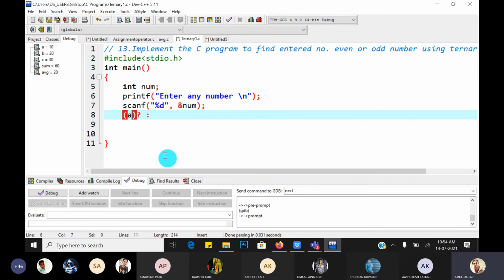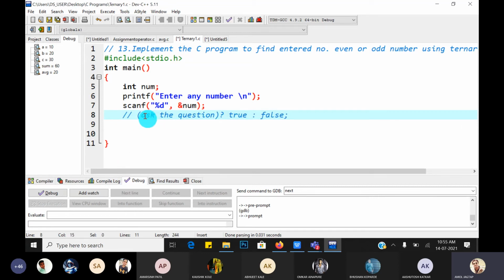If the question's answer is true, then the true part is executed. If the question's answer is false, then the part after the colon, the false part, gets executed. This is the syntax for the ternary operator.